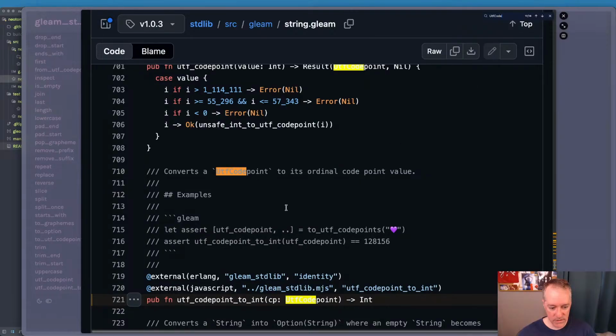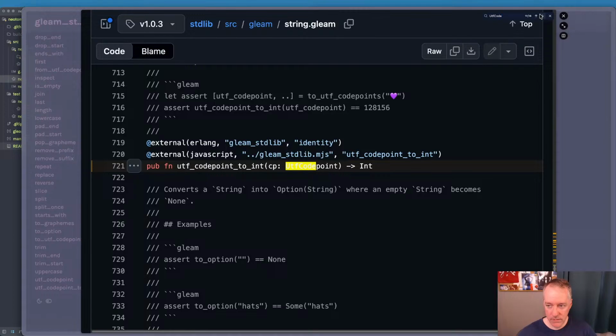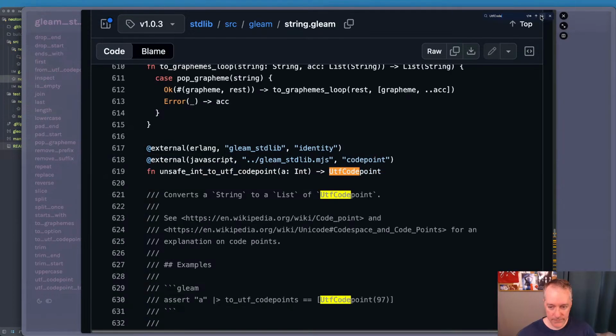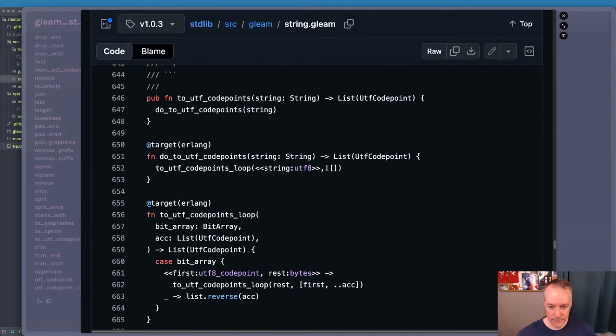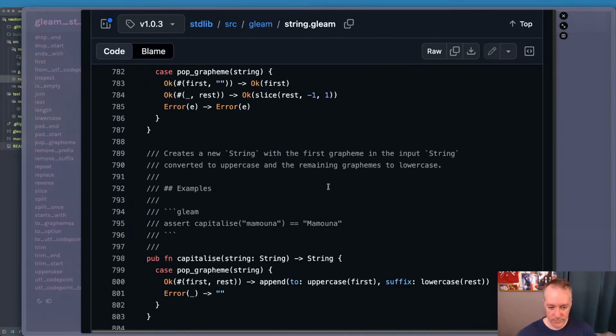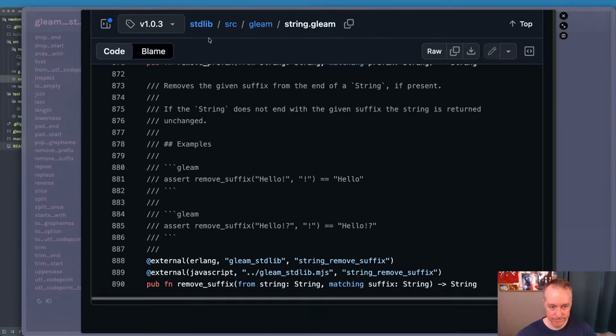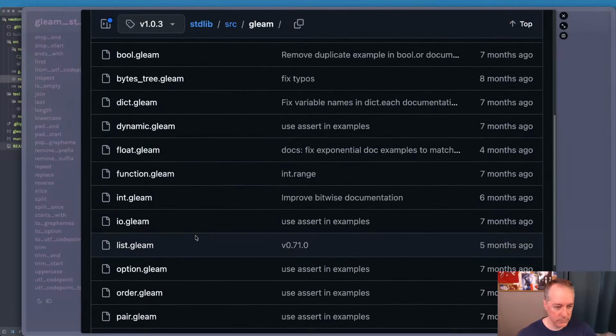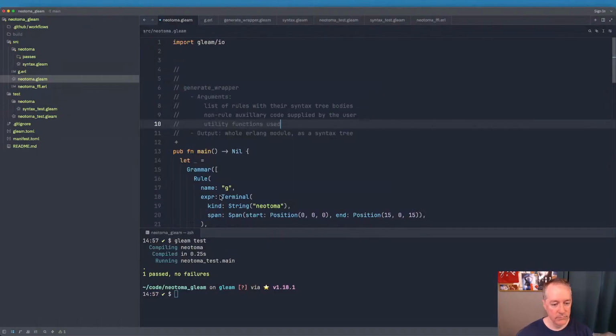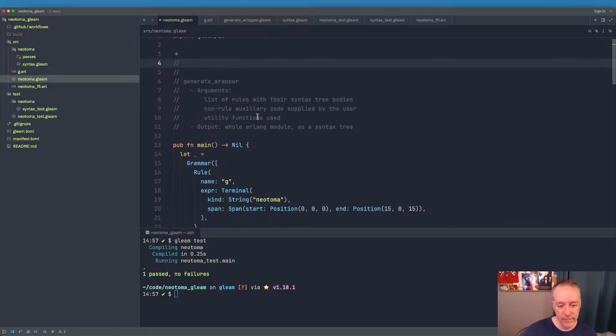I don't even see where this type is defined. Interesting. Okay, I got down a little bit of a rabbit hole there. Okay, so we need to